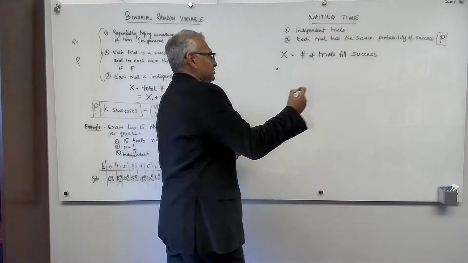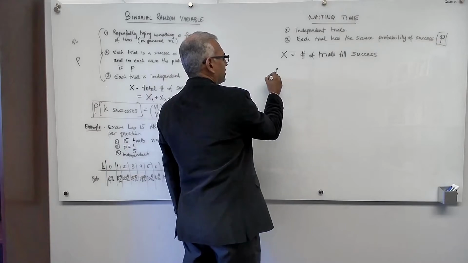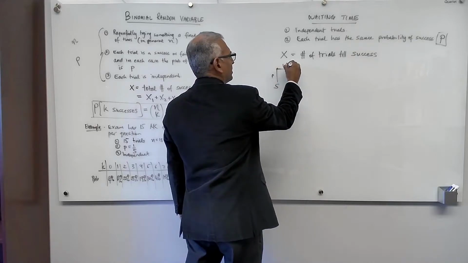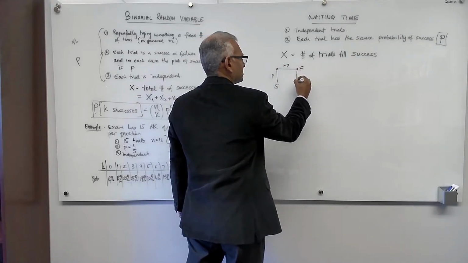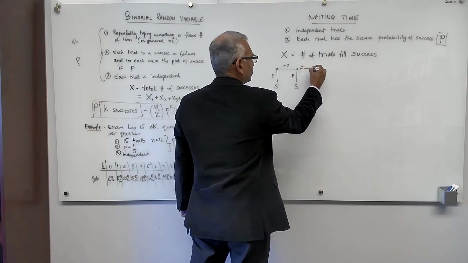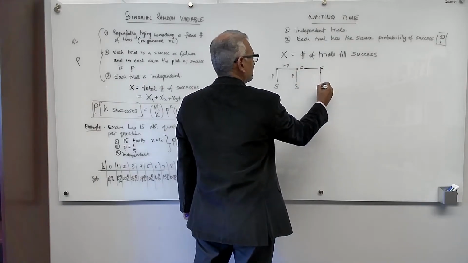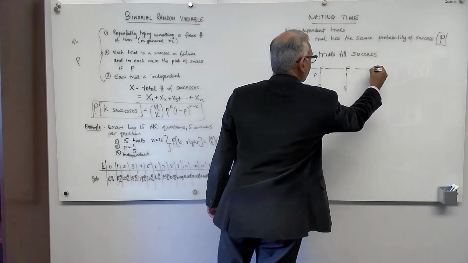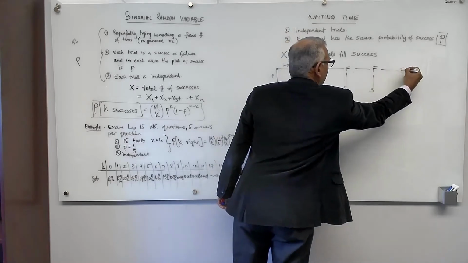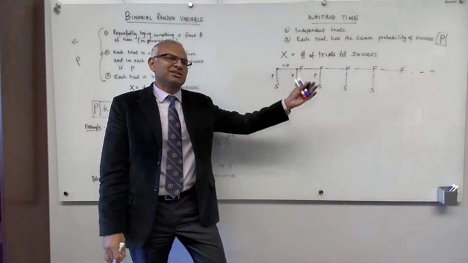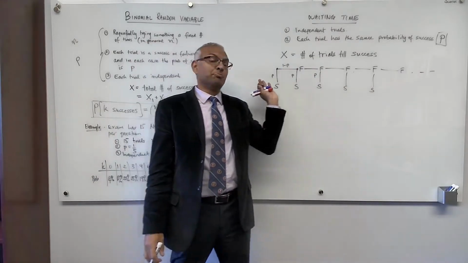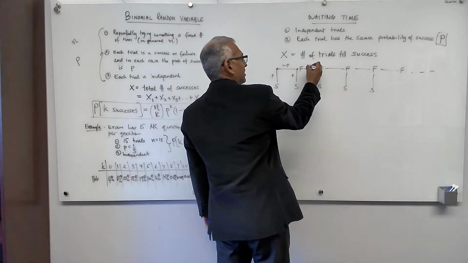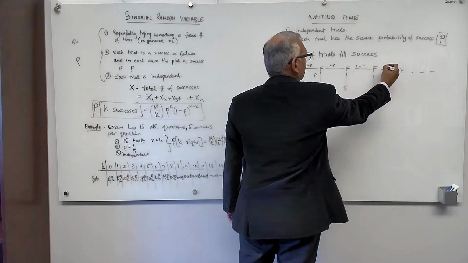And so I'll do it quickly. You can either succeed on the first trial. So I'll do that as a success. So that's a success with probability P, or with probability 1 minus P, you fail. But then in the second trial, you might succeed with probability P, or you fail. Or then in the third trial, 1, 2, 3, you might succeed, probability P, or you fail. Succeed or fail. Succeed or fail. And this could, in principle, go on forever. I mean, in practice, it'll always end, but in principle, it could go on for a very long time. So each failure is 1 minus P.